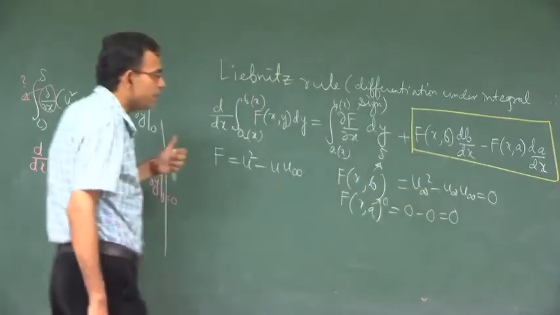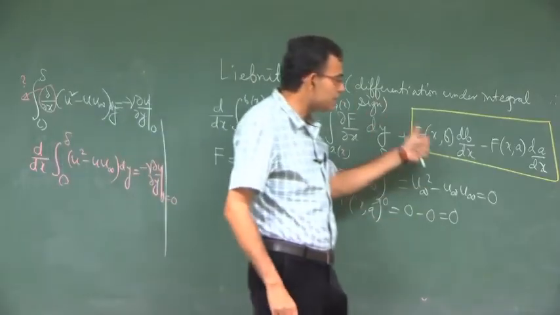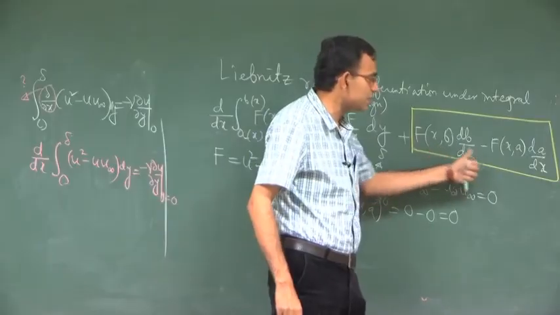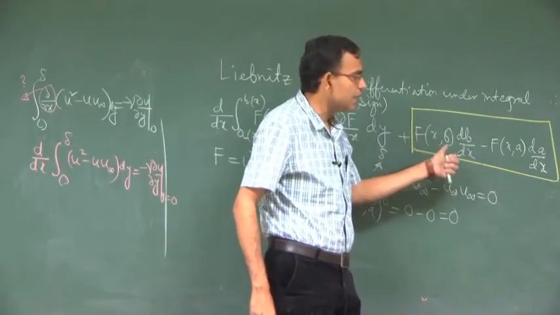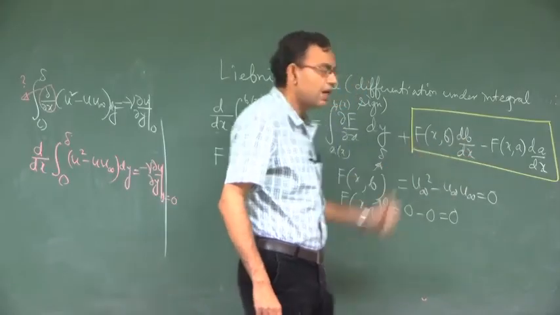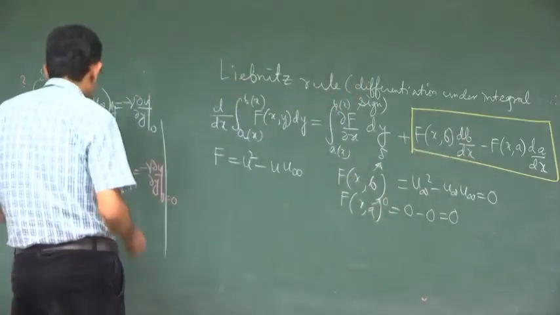So, this is a point which you should stress upon your students, that this correction term becomes 0 for this specific case, but for a general case it may not be 0. So, it needs to be appropriately treated. So, then